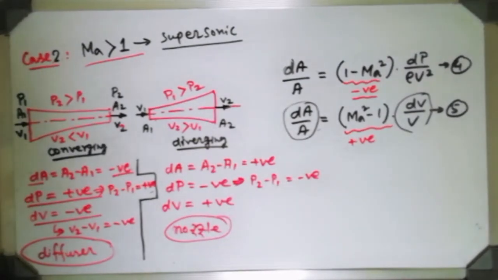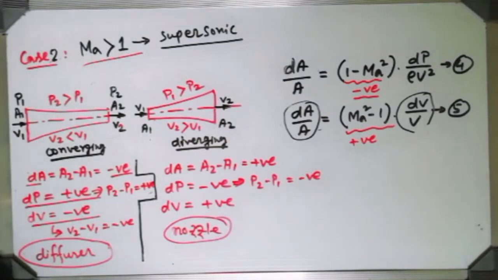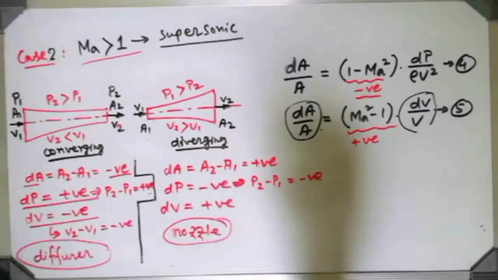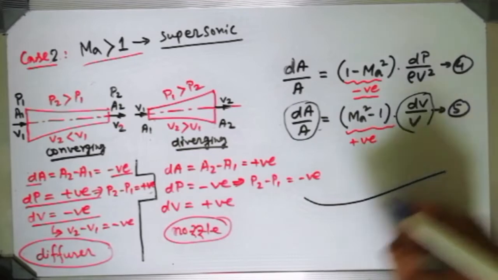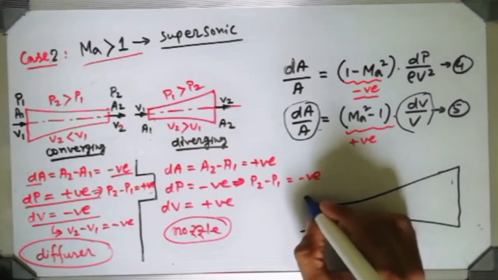And if you combine both of these cross sections, converging and diverging, then what will happen? Then it will be named a converging diverging cross section, and actually we use that cross section in case of a steam turbine. So if you combine both of these cross sections, it will work like this. It will look like this.